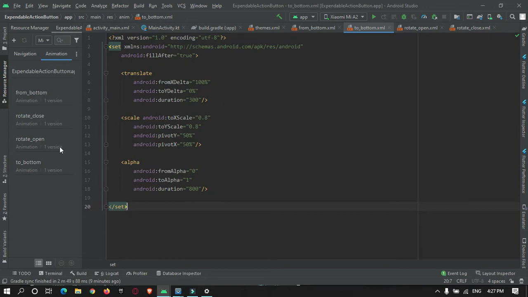In to bottom, you must just reverse it. From Y delta should be 0, to Y delta make it 100.